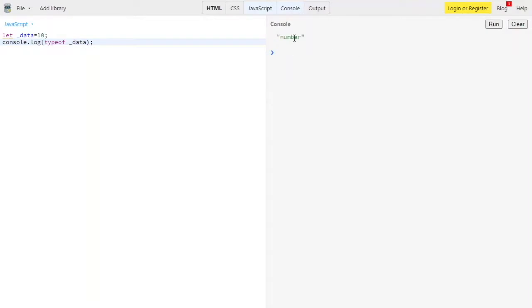As you can see, it's of number type, but I can reassign data to a name, which I'm writing as code, and then we have console.log again with typeof data, and then I'm clearing the console.